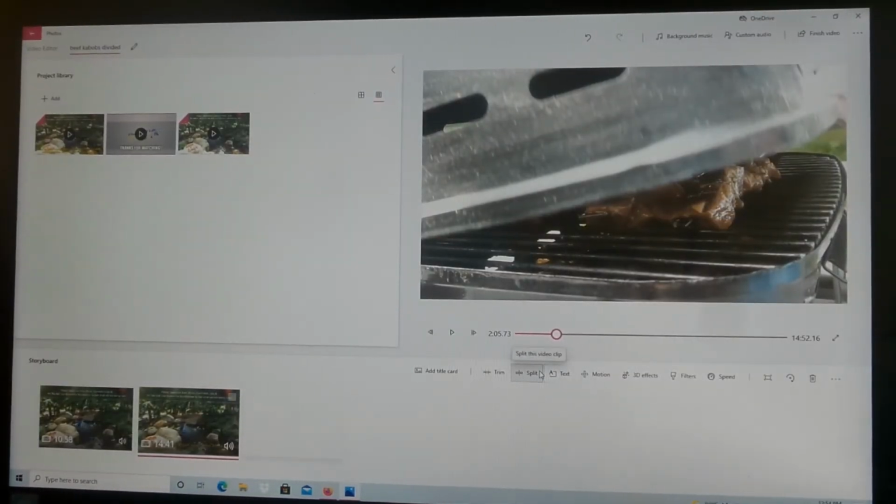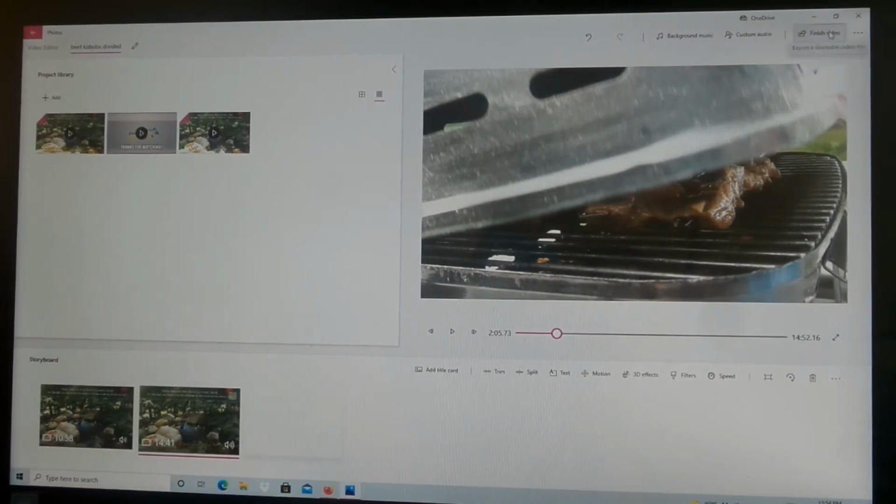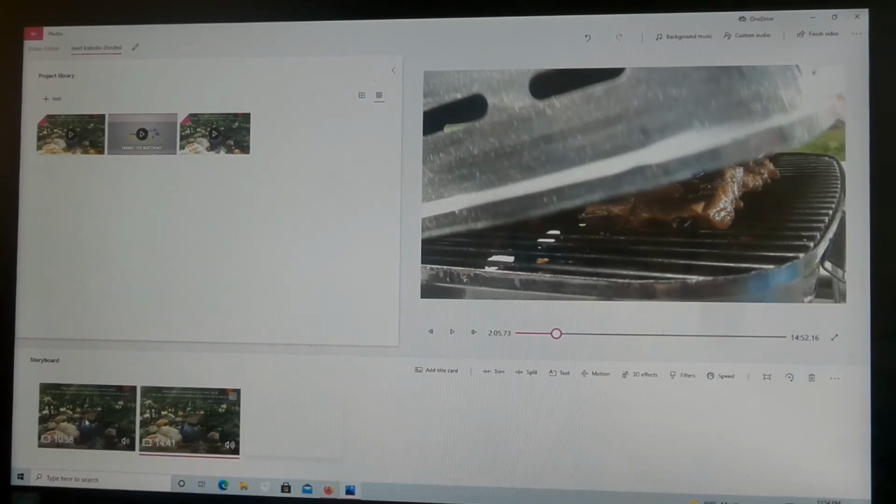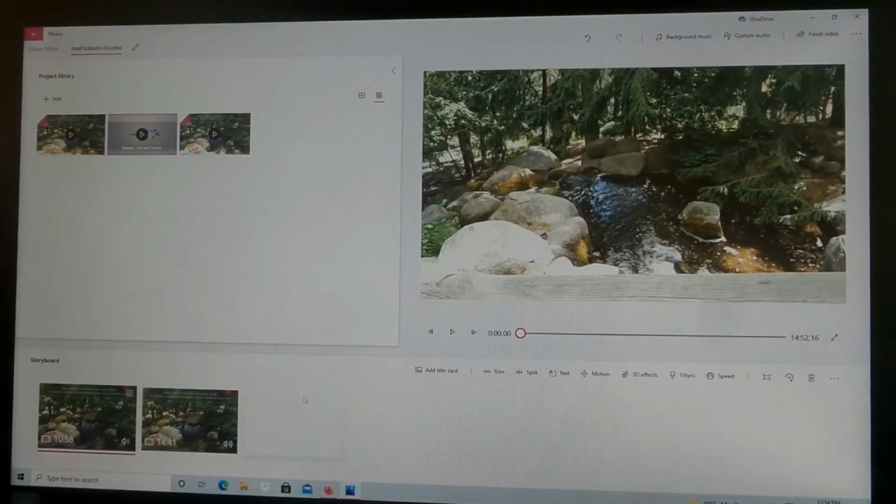And then, what else? Let's see if there's anything else I can show you here. Up in the top right corner is where you finish your video. If you want to render it, you just click on that and export it to wherever you want, where you have your file. You can also, on the right corner, speed up your videos. I'll just do it here on the intro quick, just so you can see, that's 10 seconds. If you want to speed it up, you can speed it up to,